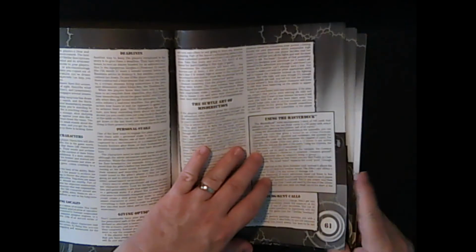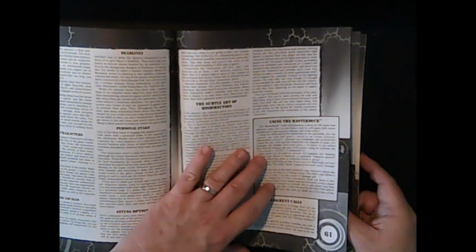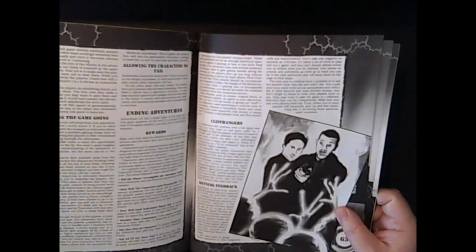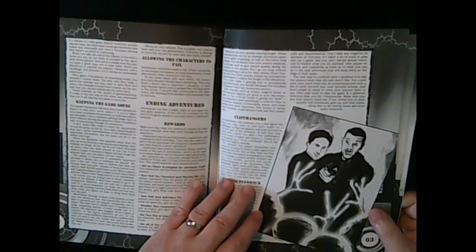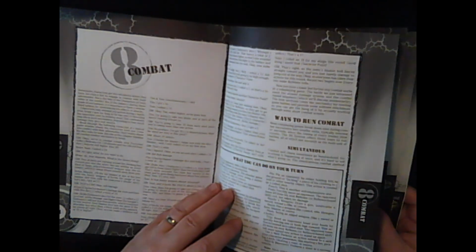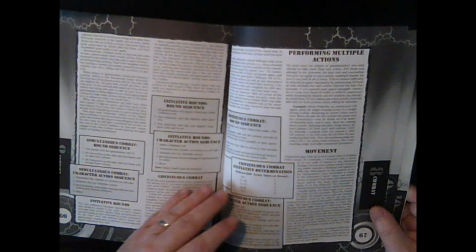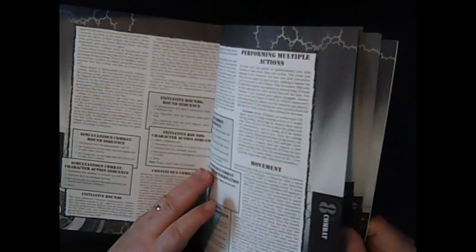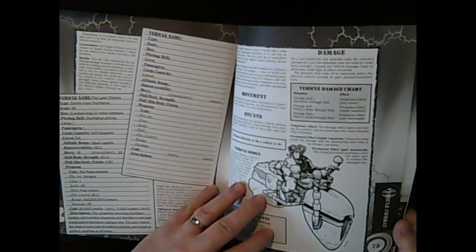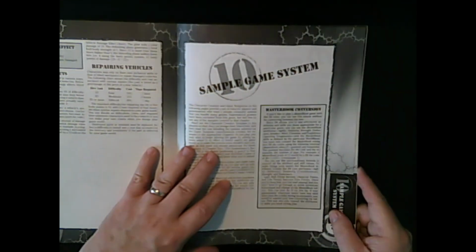Talks about using the master deck, which was a part of the master book system, for creating adventure content using that deck, which was always an interesting way to do things. Combat system, it does use a body points or a wound system, so you have your choice when you're creating your system. How movement works, vehicle combat, and finally an example of a sample game system,